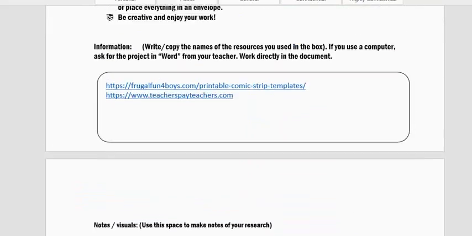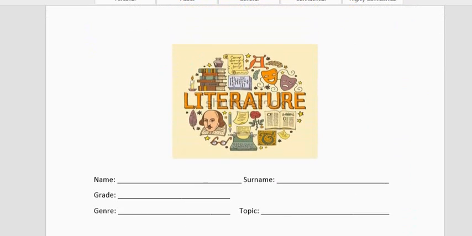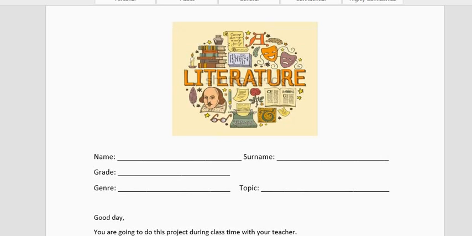So a plastic pocket file is going to work really, really well. What you can take from this learner workbook is what should be in your portfolio file, or in your plastic portfolio file. The learner's name, there should be some kind of information, a name to the file, literature project or something. The learner name must be there, his surname, his grade, the genre, whether it's poetry, folklore, songs, whatever, and the topic. Topic 1, write it out.